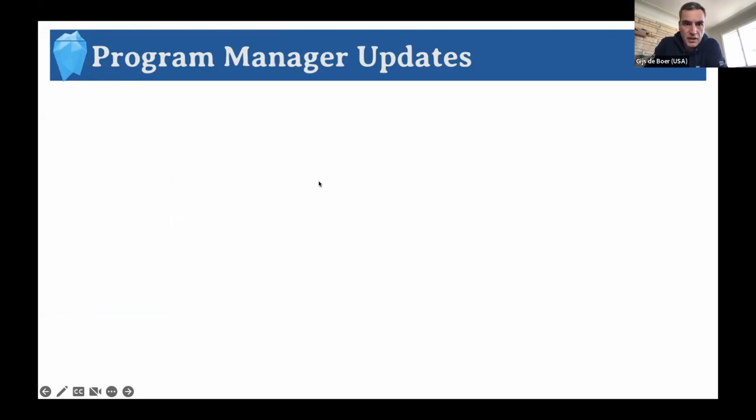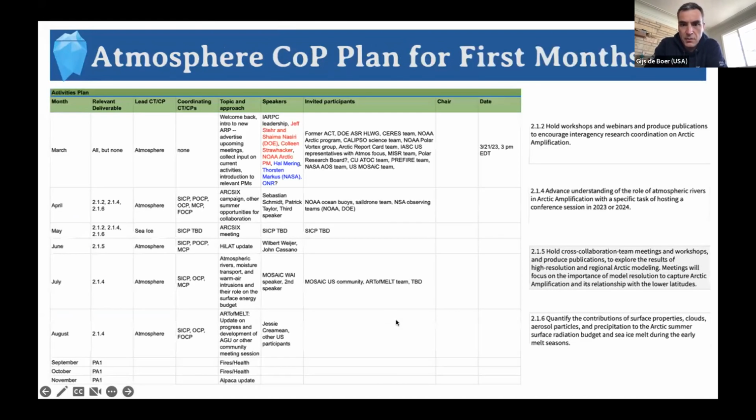We're quickly running out of time, but I wanted to quickly share with the team our plans as a community for the coming months. I was talking earlier about the nitty-gritty details and the deliverables and the nuts and bolts, and here's what that looks like in reality. So we're currently in March, and we have our welcome back meeting going. We have some of the program managers here. Looking ahead, we're planning monthly meetings roughly.